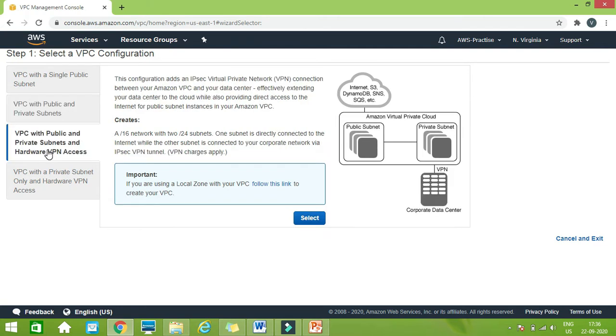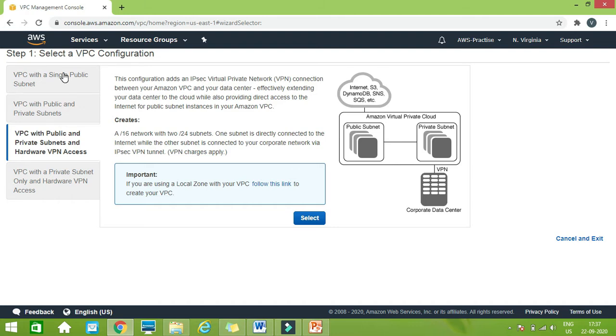Then in the third lab, we are going to create like this. We are having a VPC, then we have a public subnetwork, we have a private subnetwork, and then we will try to interact the machine inside the private subnetwork with the outside world. So for that, we are going to use one NAT table, and with the help of the NAT table, we will be sending a message from the private network to the internet gateway of this cloud.